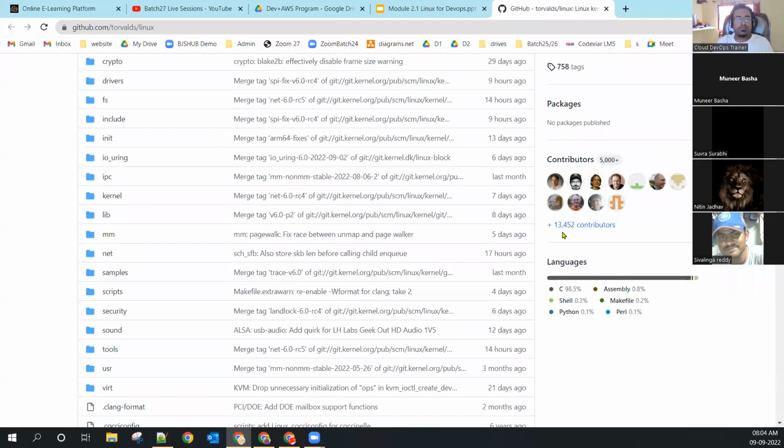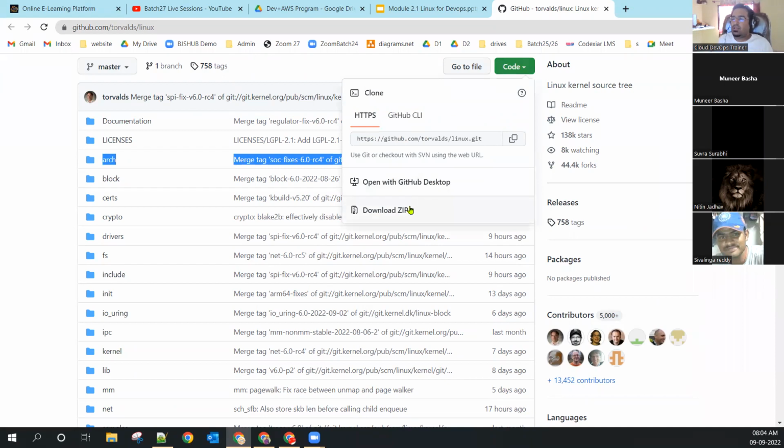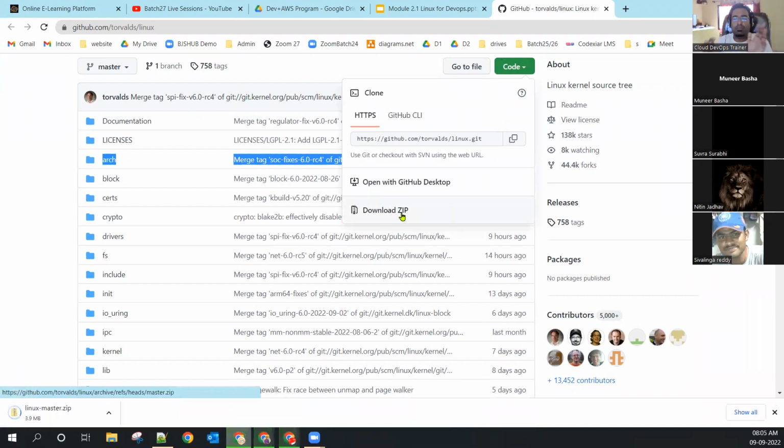Around 13,000 different contributors and developers are writing the code, and it's actively available, meaning someone has made changes 10 hours ago, and someone made changes 3 days ago in this place. If we want to download it, we can go here. This is a non-technical approach: click on the download zip link and it will get downloaded. But we have a better approach.